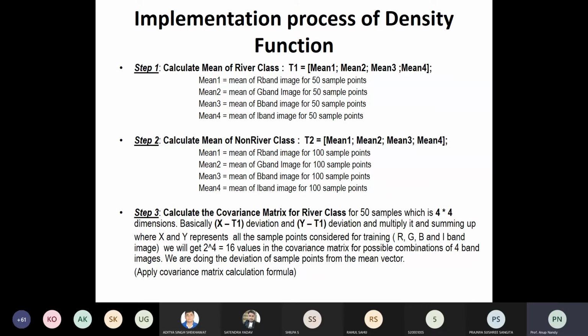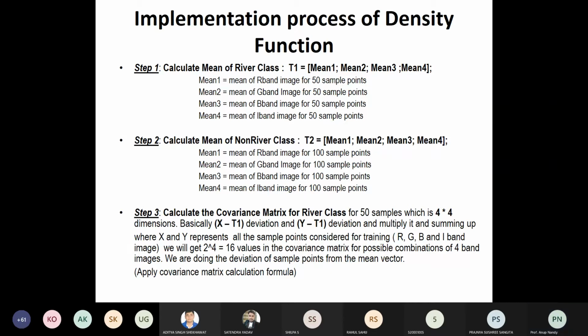You just try to conceptualize this graph. We had 3 different graphs: the positive sample dominates the negative one, the negative sample dominates the positive one, and the equally distributed case. How we are just shifting the axis from the origin to some mean. So from the mean, see how it is deviated, then you just multiply it. If you have these two variables, you have to take the covariance for each and every band.